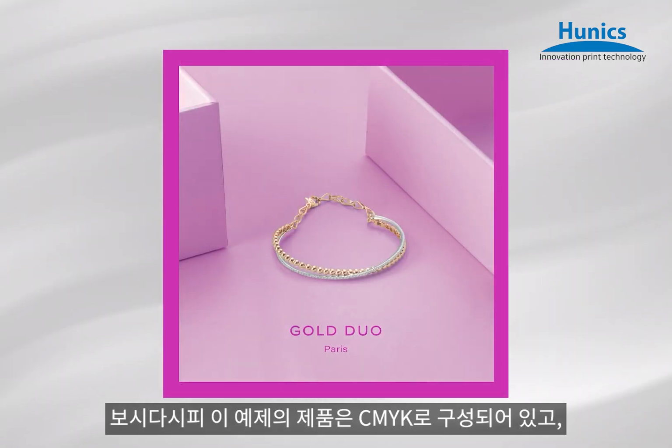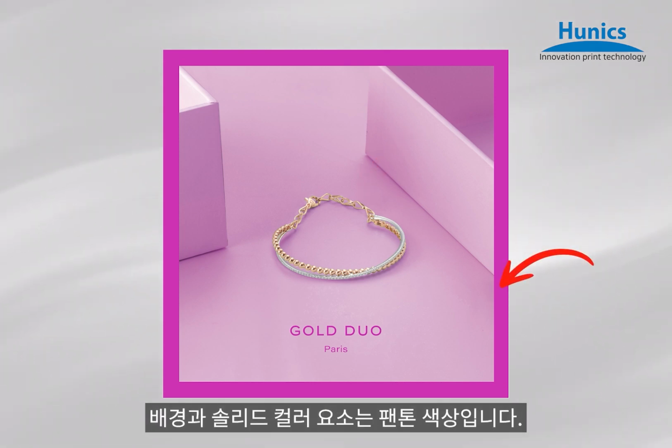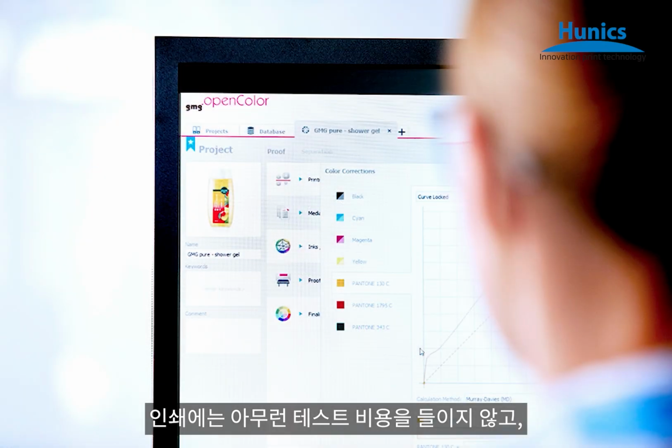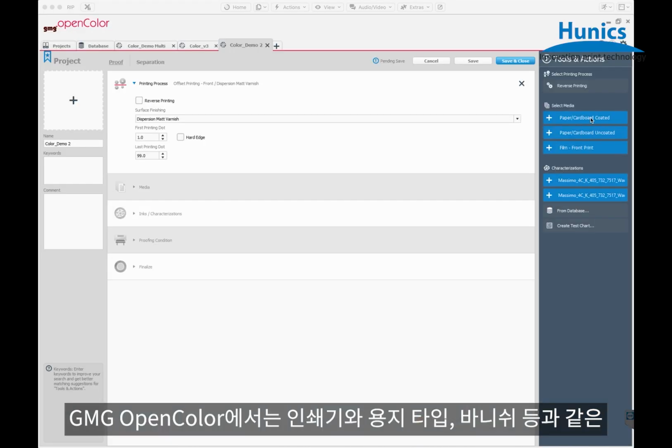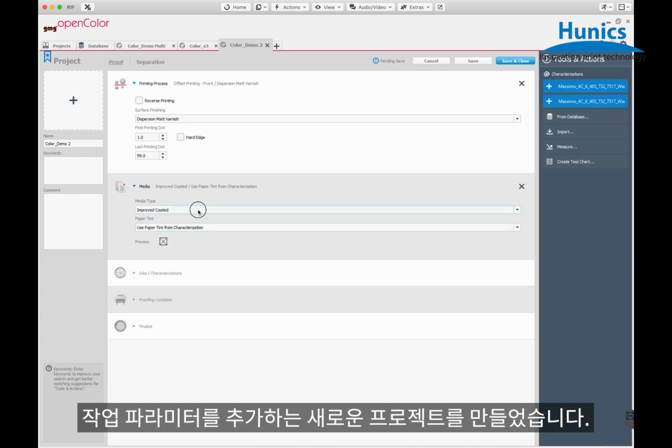As you can see, the product in this example is made up of CMYK, and the background and solid color elements are a Pantone color. We used OpenColor as an efficient tool to test different color variations without the cost of doing any testing on press. In OpenColor, we created a new project adding in the parameters of our job, such as press type, paper